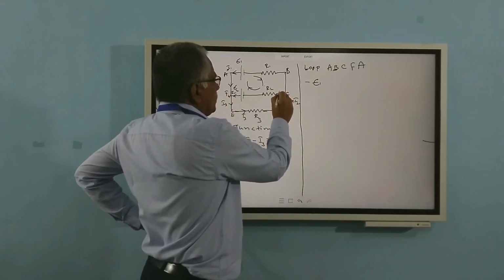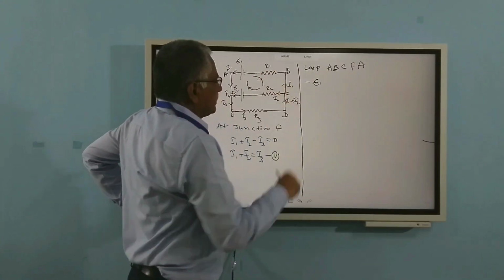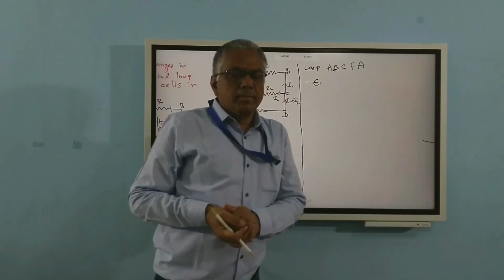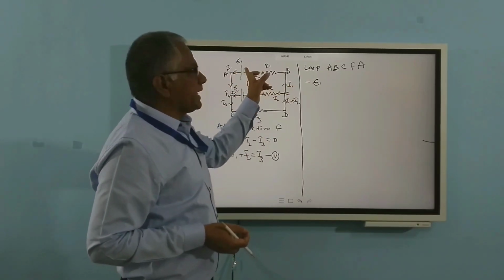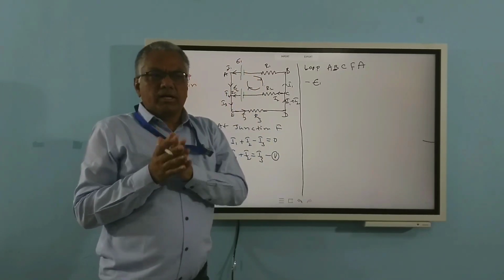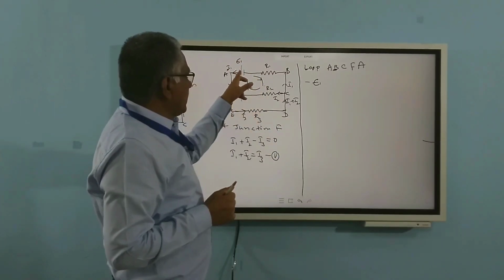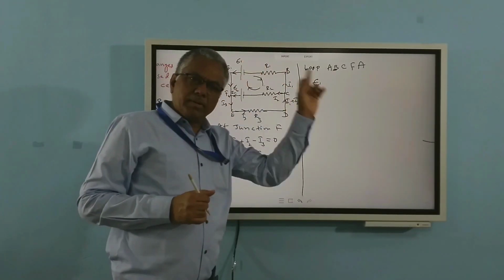Here, when it comes over here, I2 current passes through this one, I1 current passes through. How is it? That is because however much current leaves this cell, the same current will again come back to the cell, because charge will never dissipate, whatever the value. Suppose 1 ampere current starts from E1, it again reaches E1 with the same 1 ampere current.